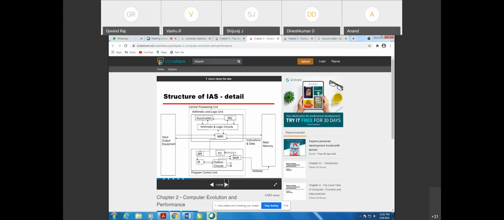Address means where these instructions are stored. For example, whenever you store the instruction or data into the memory, it will be stored in some location. Whenever it is saving the data in that particular location, the location must